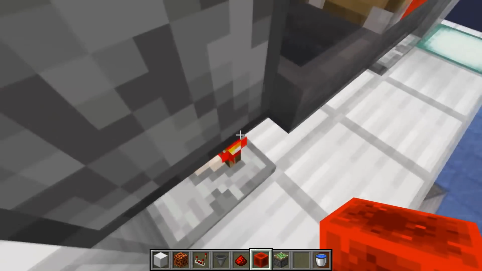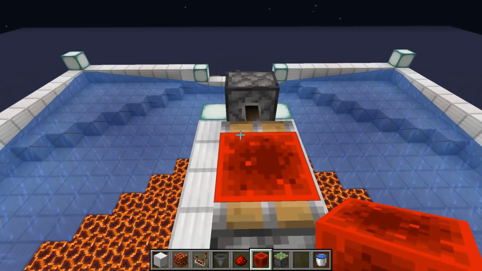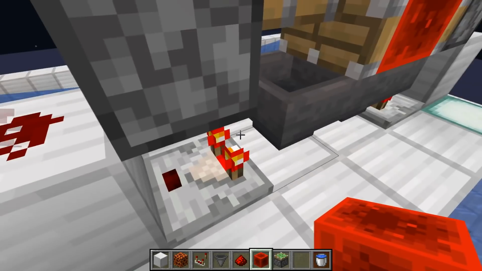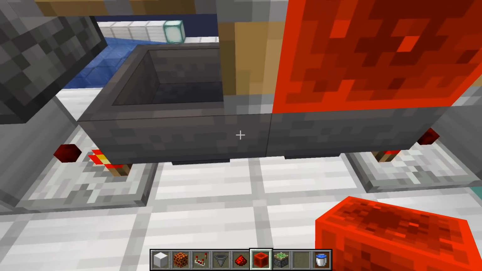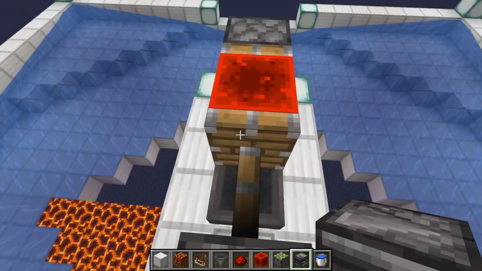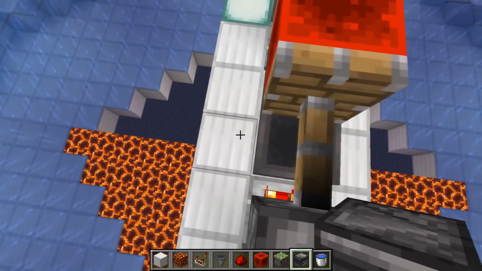And now what we have is a timer that's going to give you enough time to flood all the creepers and spiders out of the farm up above, as well as when it's off, give enough time for plenty of them to spawn. Now from this point, what you want to do is get up on top of your hopper